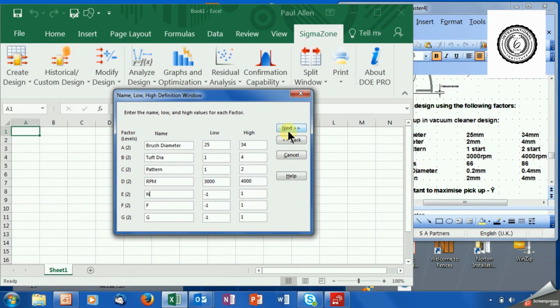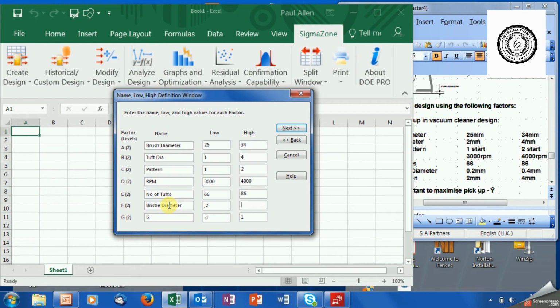The number of tufts, 66 to 86. The bristle diameter, 0.2 of a mil,